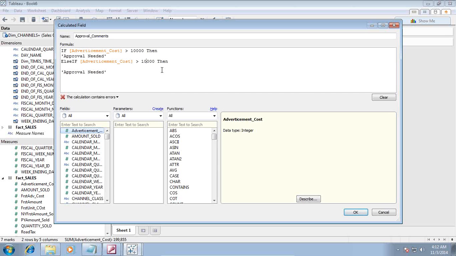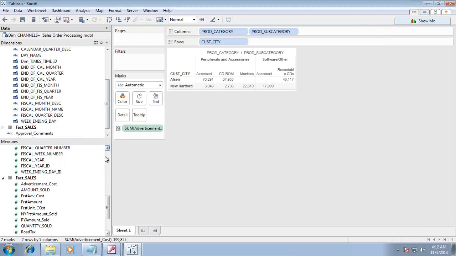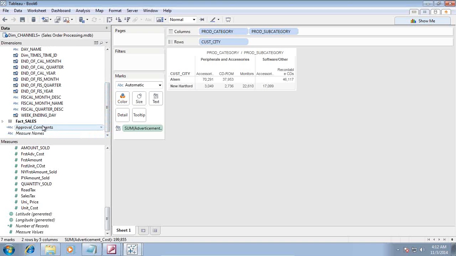Okay, just swap the column. Approval not needed. Just add an END at the end, and close this with END and OK. So I've got a computed column over here, approval comment, and I drag and drop and put it into my